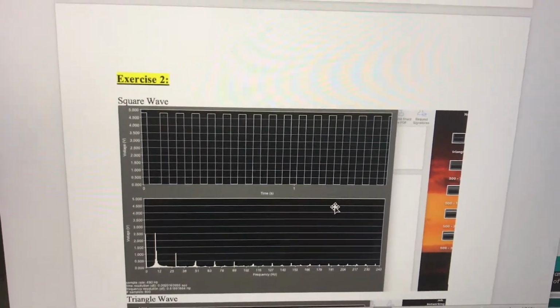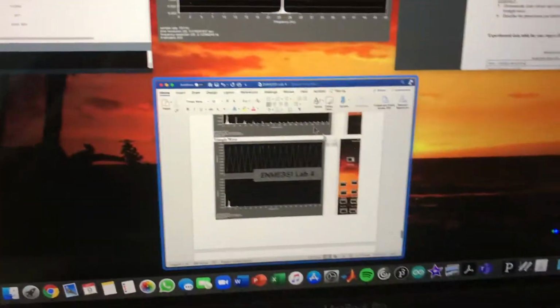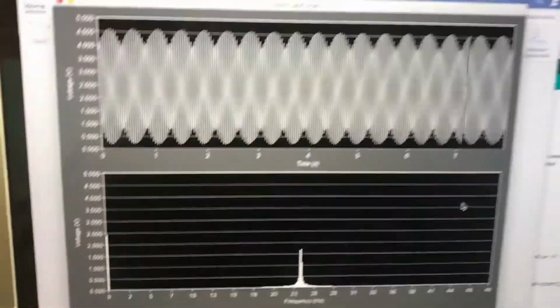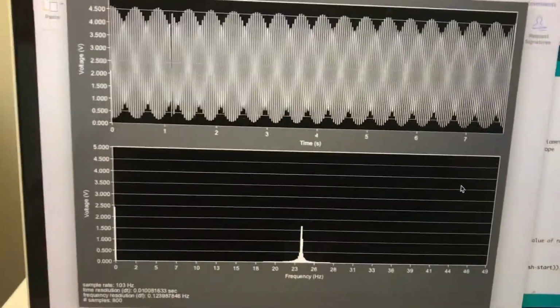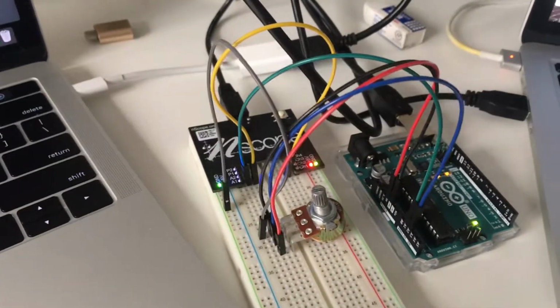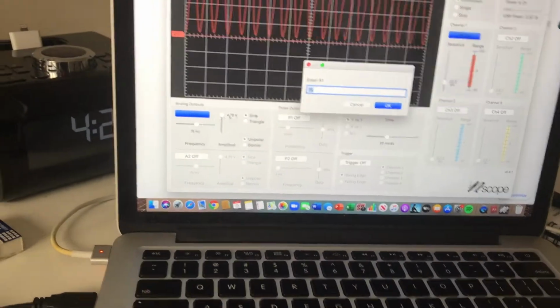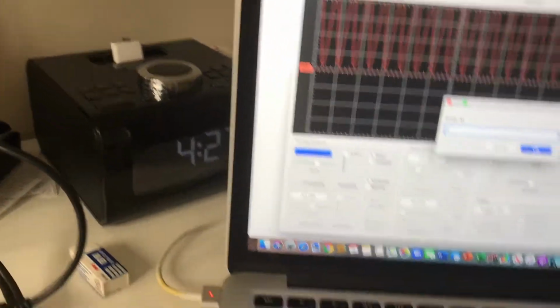And then here, just real quick, these are the square waves and triangle waves. Here's the setup. So right now we're running, this is at 100 for 75 hertz. Here's the end scope. Here is the physical wiring of this. And for example, if we change this to 100,